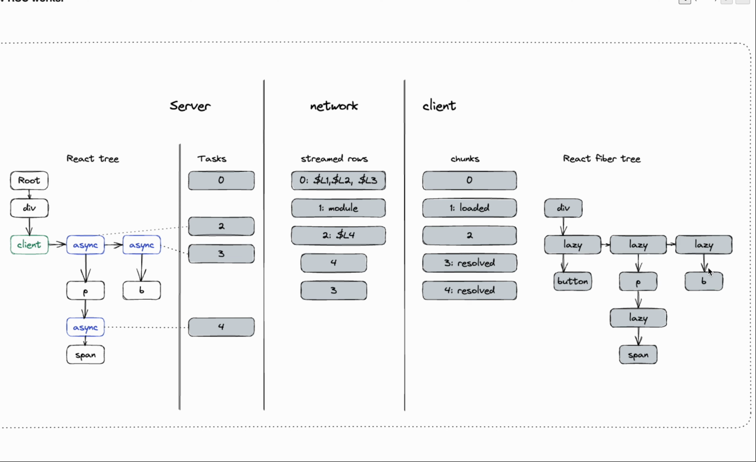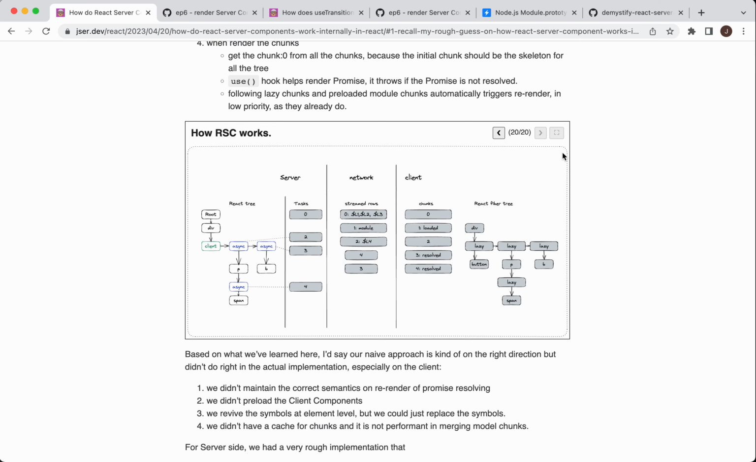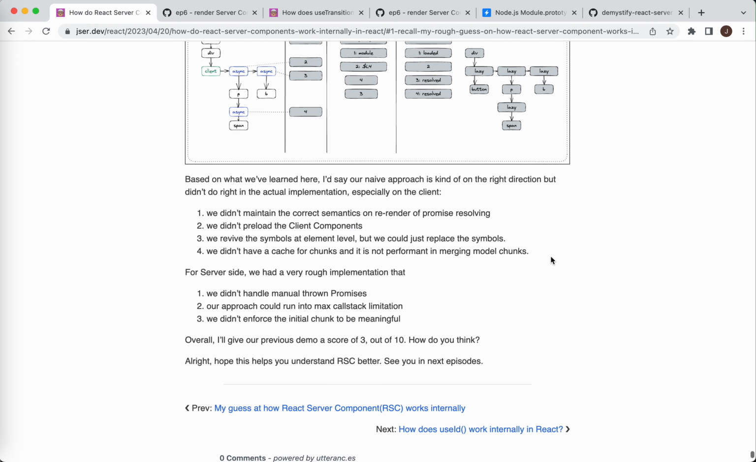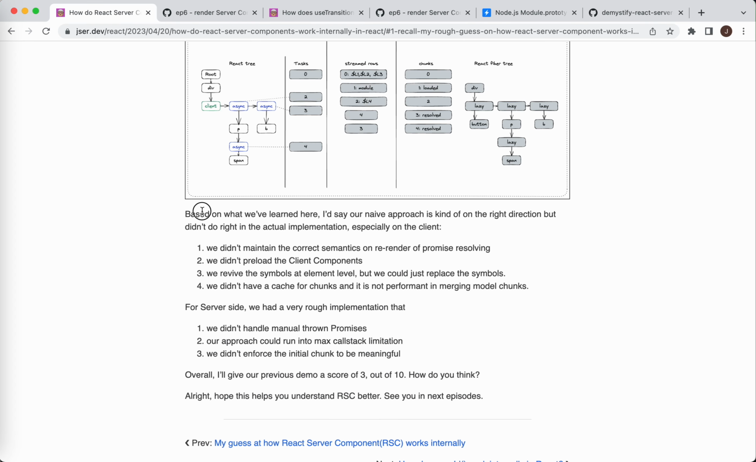Cool. And finally, render speed. So this is the general picture of how React server components work. It's actually not that complex. Let's go back to our blog. So, comparing to our naive implementation,